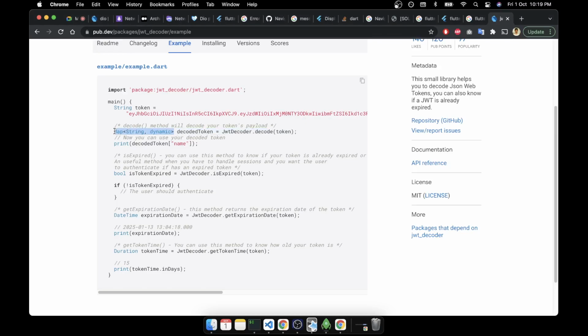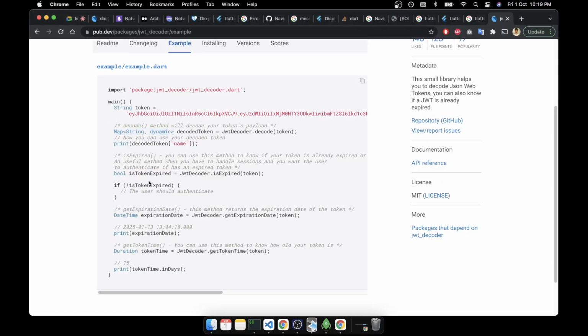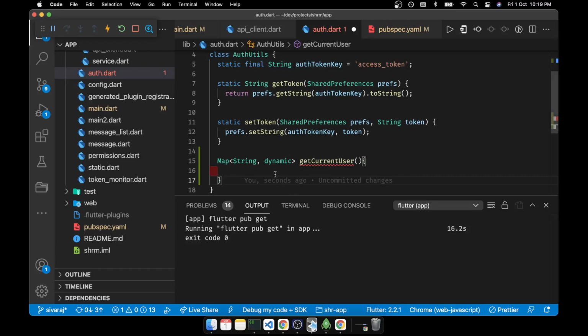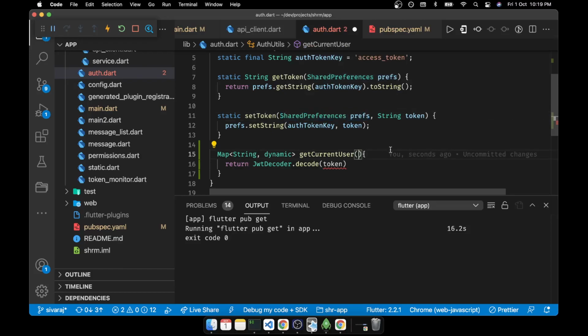What is the return type? Map of dynamic. Okay, from the preference we can get the token. So now what we can do is take this out and go to the application.